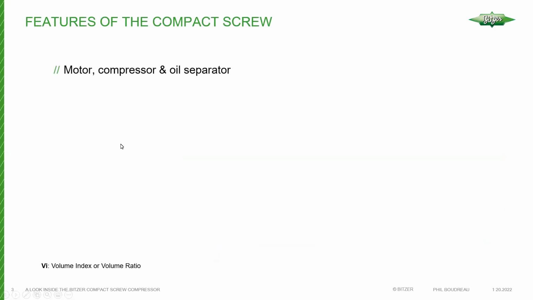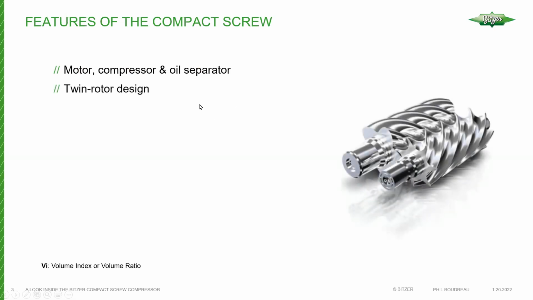So at first, the compact screw is referred to as a compact screw because basically all screw compressors pump a good volume of oil, and this is necessary in order to maintain a good seal for compression. With a lot of screw compressor designs, the oil separator is separate. So when we say compact, we're actually referring to a design that has a motor, compressor, and oil separator all combined into one package. Similar to all of the BITZER screw compressors, in fact, open drive and semi-hermetics, the compact screw compressors